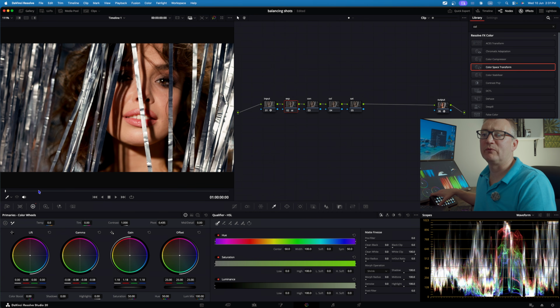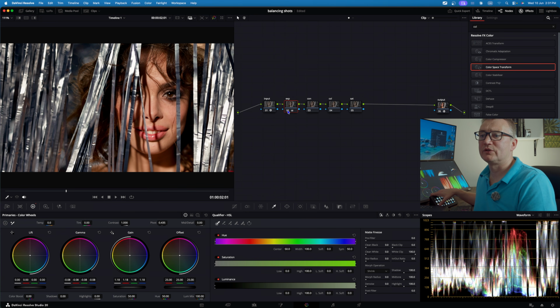Let's bring this forward so we've got a better frame, maybe like that. Let's just turn this off and on. We've got a much better looking image already just from those two adjustments. So I don't think we need to do anything with the contrast. We are working for a Rec.709 image, so we are going to leave that alone. But let's just head over to the color. And I think if we go down in the lift to about here, and now let's go up in the gain to the warmth,